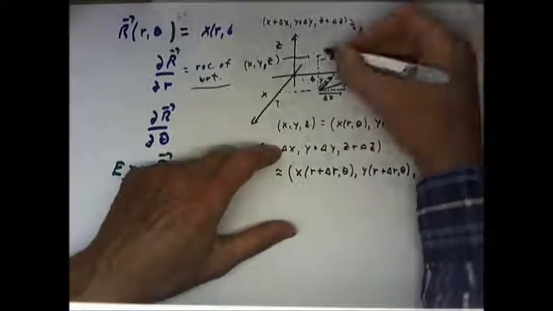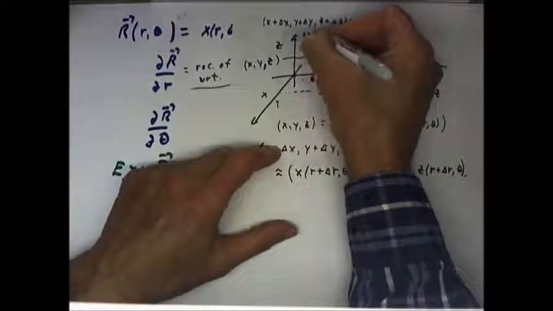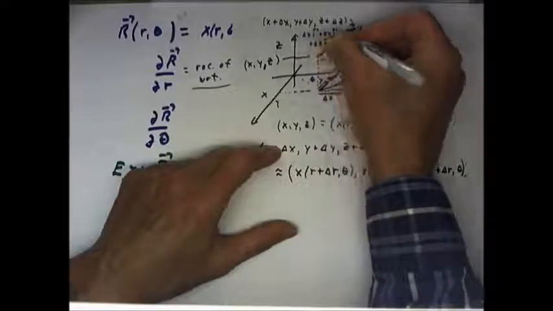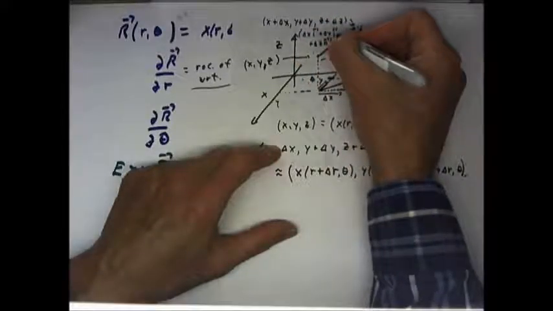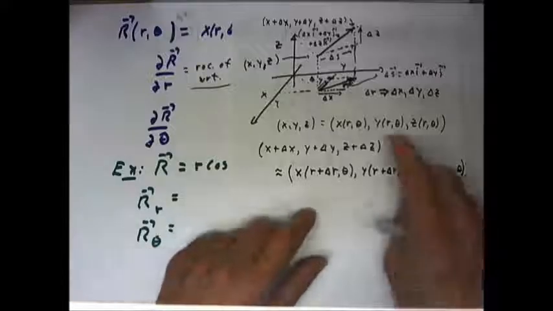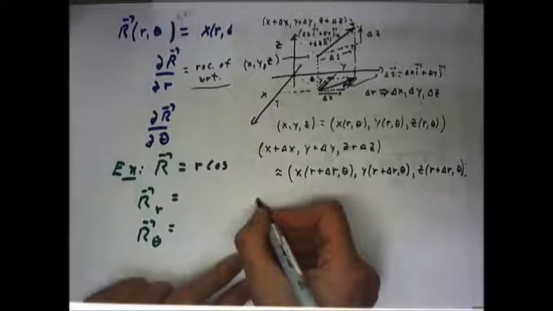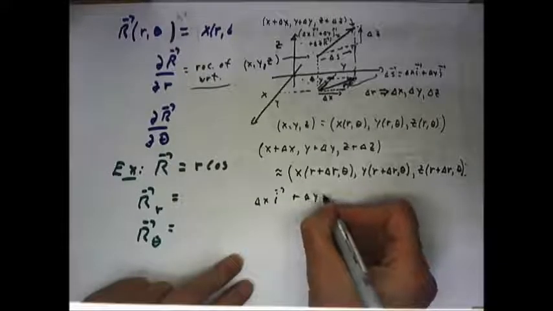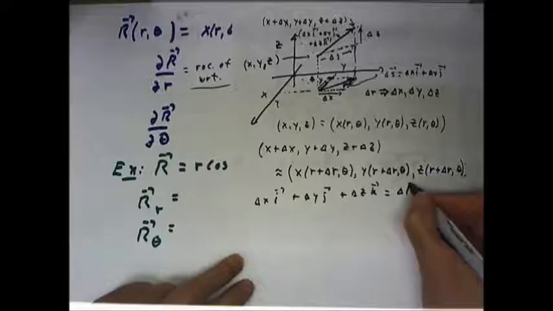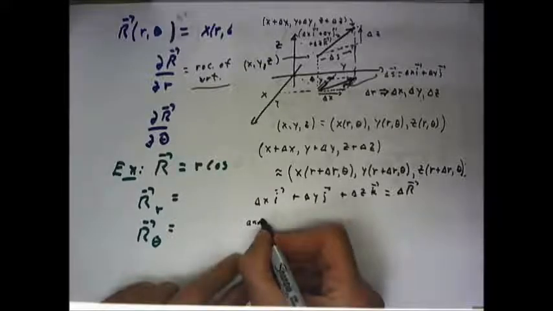The vector from this point to this point would be delta x i plus delta y j plus delta z k, and as a consequence of what we say here, assuming delta r is small, giving us a small delta x, delta y, and delta z, delta x i plus delta y j plus delta z k is our change in the r vector. And is